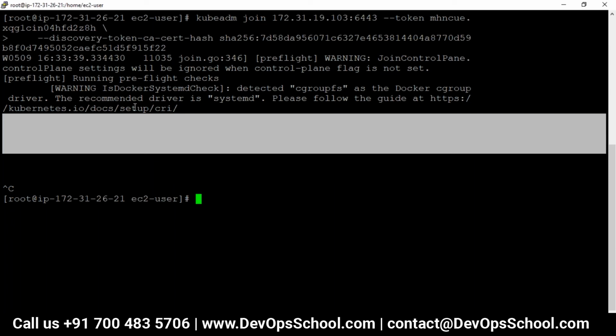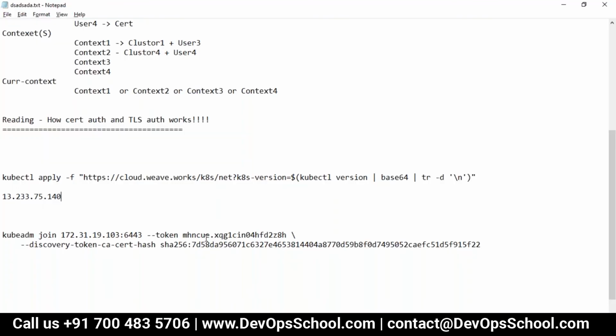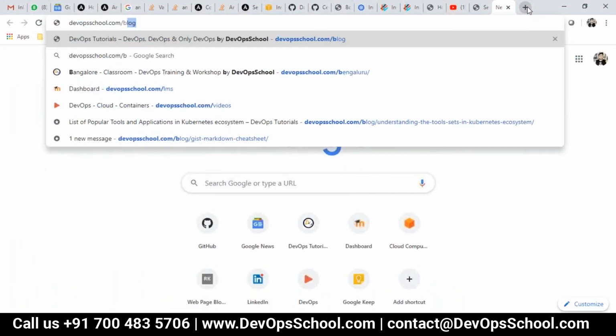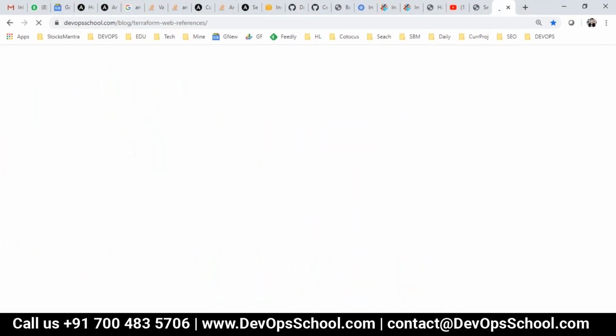It's not going further. It's as if someone at the API server is stopping me, saying, boss, who are you? Feed that information. So right now that token got expired. What do we do in this case? I am going to generate a new token. For that I have a token generate command, but I need the full command to generate a token that is permanent.